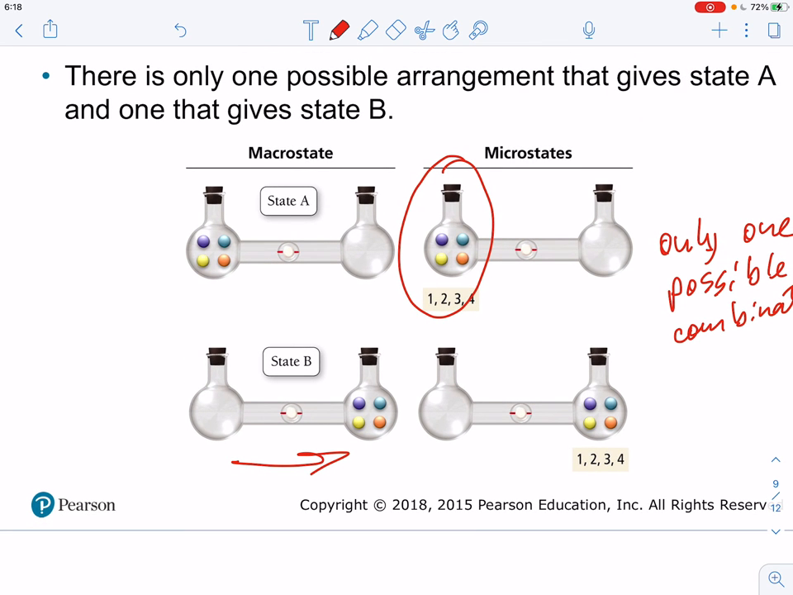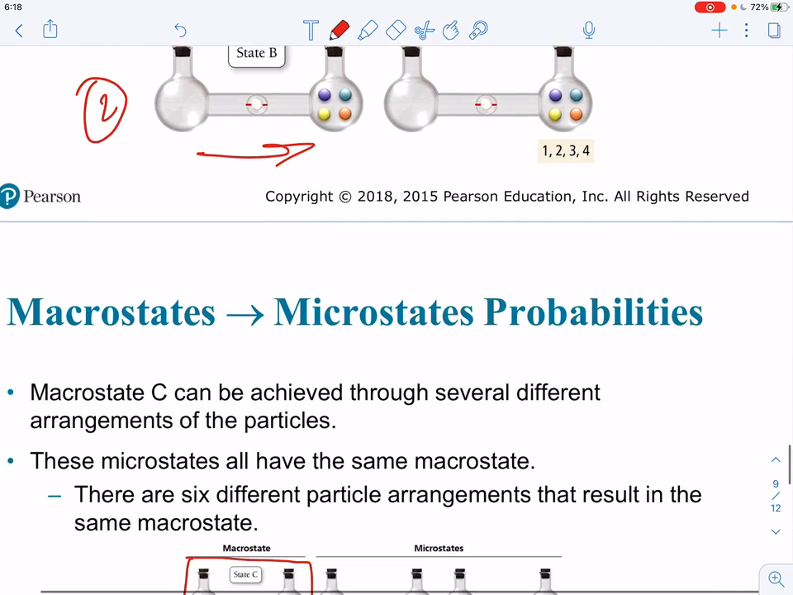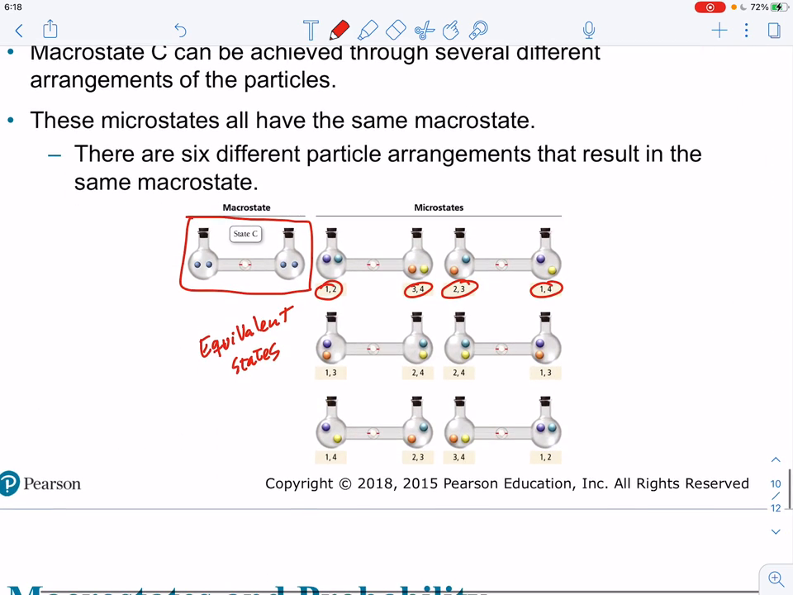These two states, this is state one, this is state two, they are different because the molecules are distributed on different sides of those chambers. But there is only one possible arrangement of all those four molecules at each side. When you only have two, then you have a total of 6 different